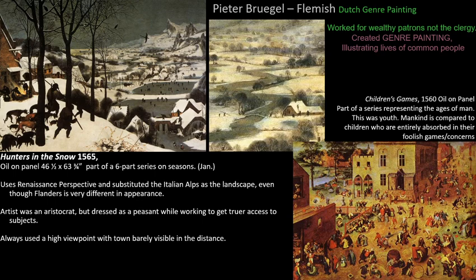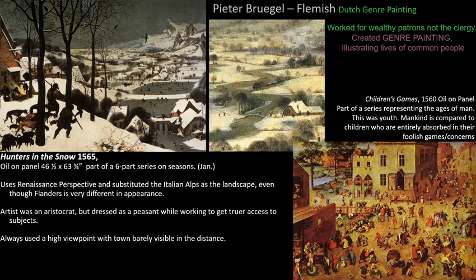And so he's able to actually make a good living, selling his work to people who are not the Catholic Church commissioning paintings. So what he liked to do is illustrate the lives of common people, and that's what genre painting is. It's sort of everyday behaviors in a town or in a place, people just going about their day-to-day lives, and it not being anything spectacular. It just being, this is what life is like.